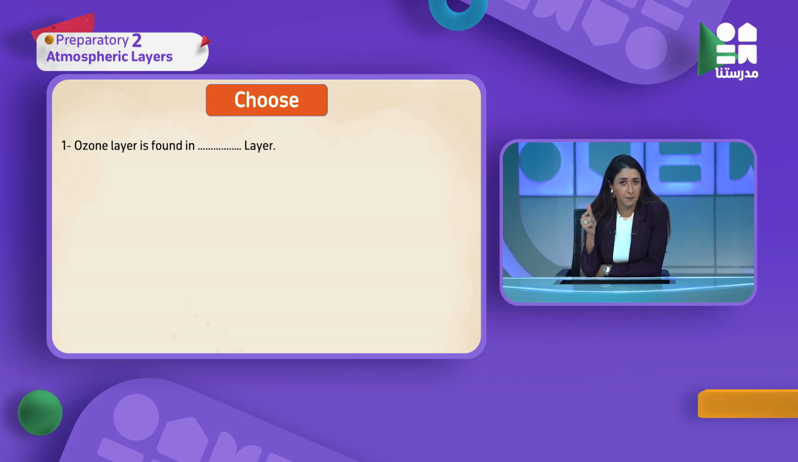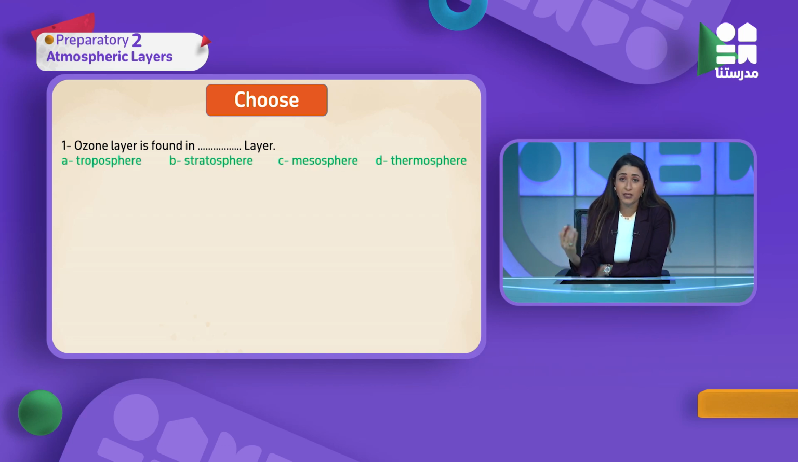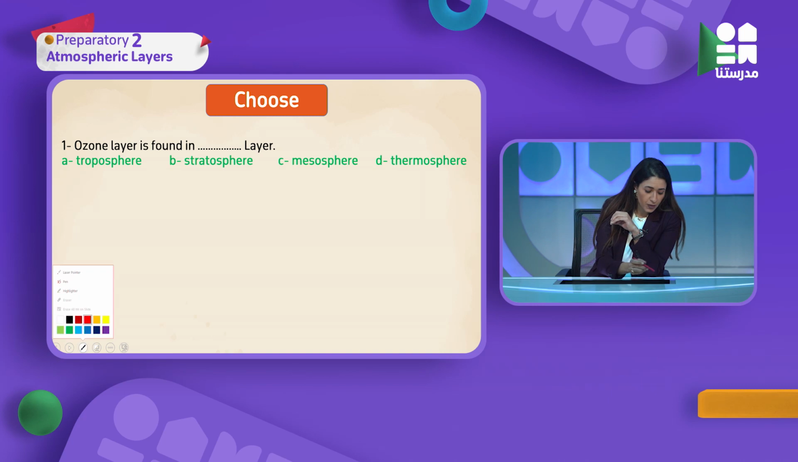I'm going to imagine my 4 layers. I have first one the troposphere, second one stratosphere, third one mesosphere and thermosphere. طب أنا عندي الأوزون layer موجودة فين؟ موجودة في upper part of the ozone layer if you remember. طيب تعالوا نشوف إيه التشوزز بتاعتنا. يقول لي troposphere, stratosphere, mesosphere ولا thermosphere. Of course the ozone layer is found in the